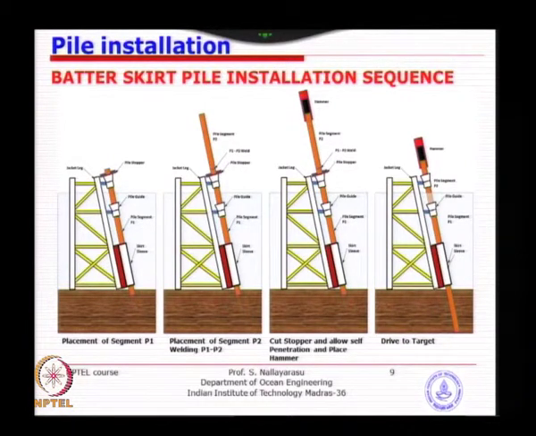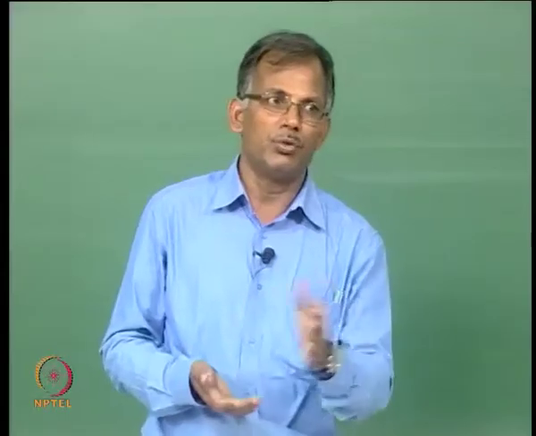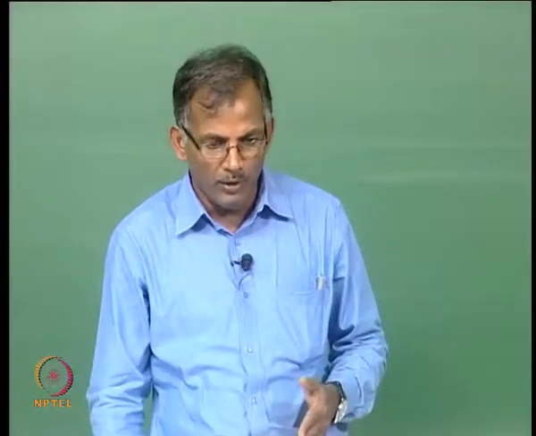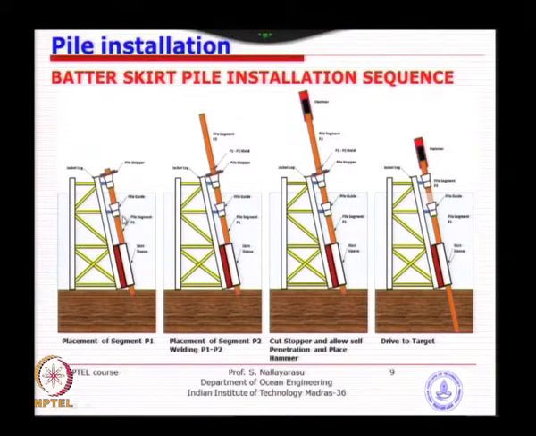That is the normal sequence. You do 1, do 3 at the opposite corner, then do the third one and fourth one. But you saw that photograph I just showed you: instead of putting 1, they have put 4, and that too is long enough, so that the hammer will come and then just drive one by one and go away.